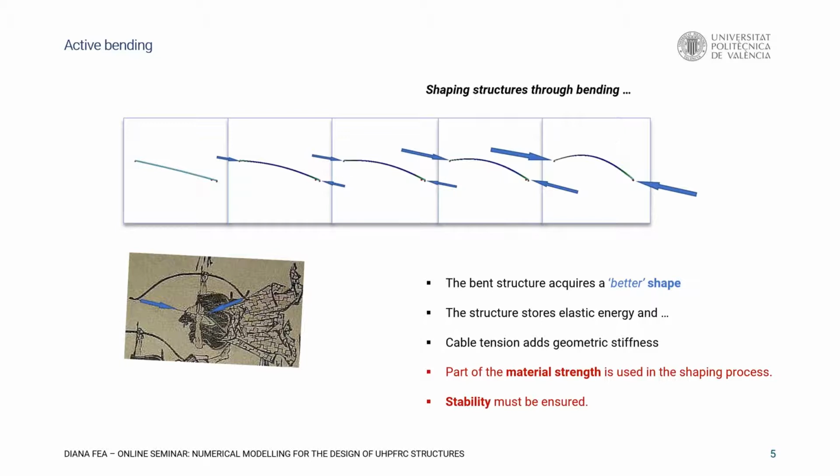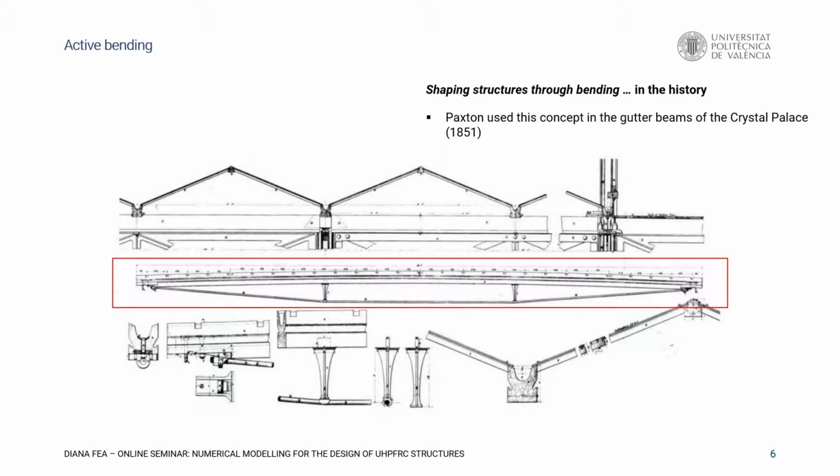my slide, you see that the process may resemble the same process that makes a rod buckle. And of course, we don't want the structure to buckle. We have to stabilize the structure once we have reached the target configuration. This is the overall concept, and we can now look into the history and try to find early examples of